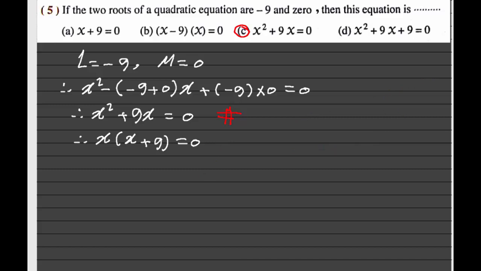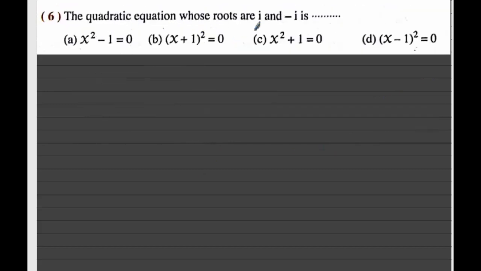Question number 6. The quadratic equation whose roots are i and negative i is, here i is a complex number and it is one of the two roots, and the other root is negative i. Don't forget that i equals square root of negative 1. Okay, back to the question. So we have L equals i and M equals negative i,